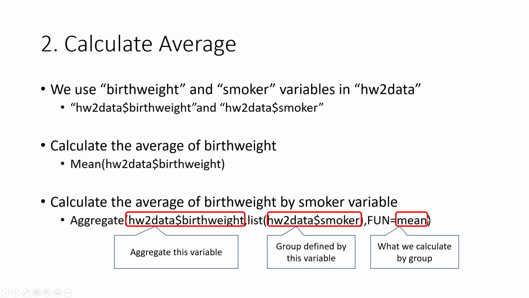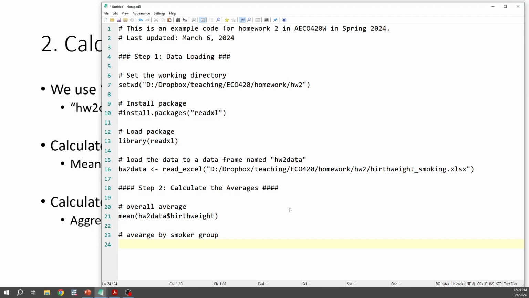We are going to apply this function by this group on this variable. So the syntax is more complicated. Now remember, aggregate. We are going to use the aggregate command, and our main variable is the HW2 data birth weight variable. And when you aggregate, you have to have groups, a list, which should come into